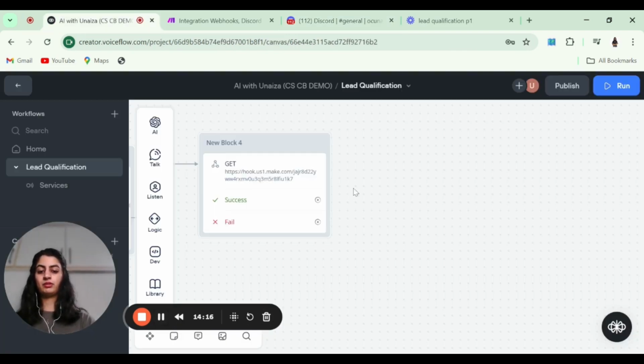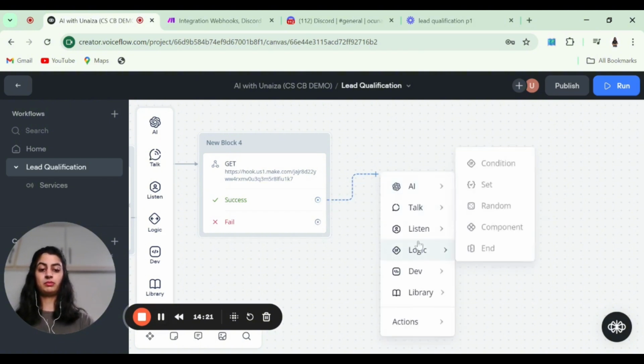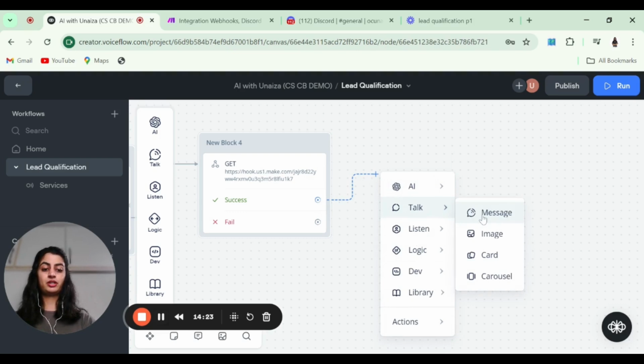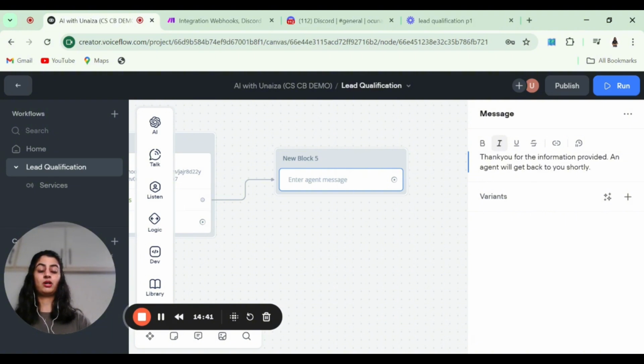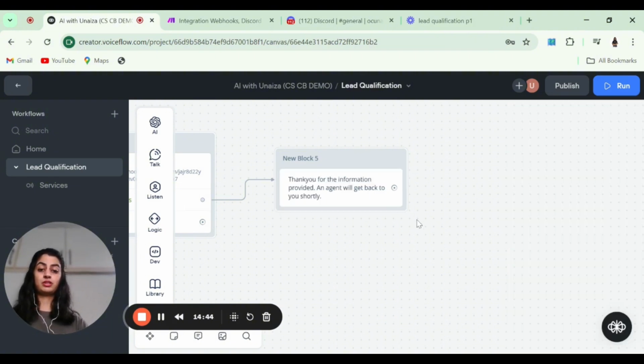Okay, we're back on Voiceflow. Now once the API call is successfully triggered, we'll just send a message that says thank you for the information provided. An agent will get back to you shortly. Now, once the person is sent over this message and our Discord channel, our Slack channel, whatever social platform is